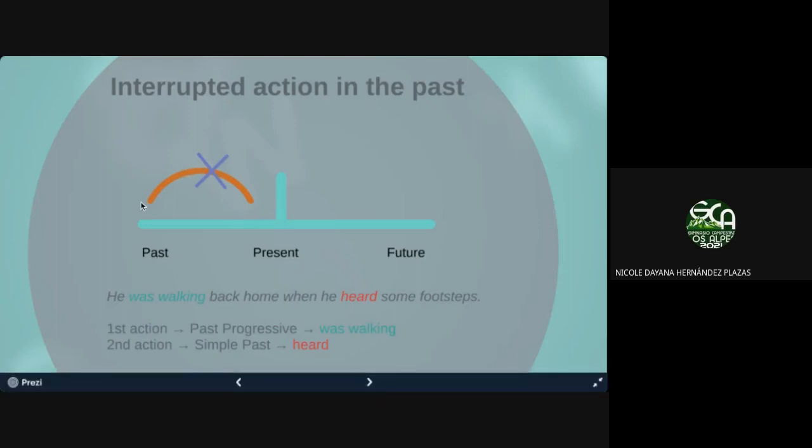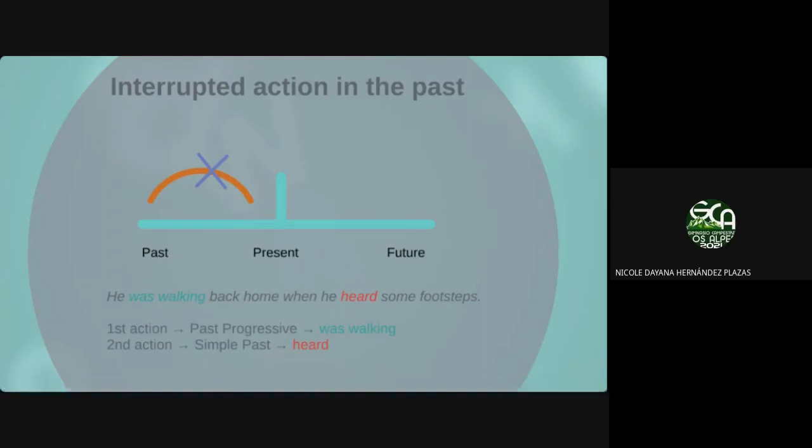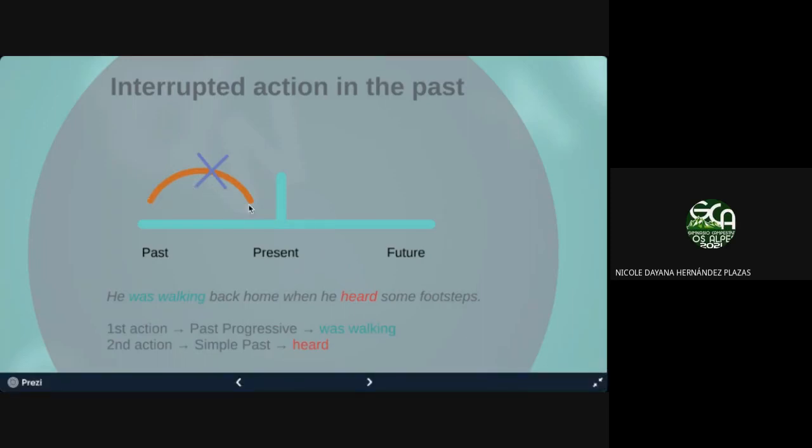Because taking into account what I explained in the previous slide, what's the longer action? Simple or continuous? What did I say? Continuous, Danny. Perfect. So you have this long action that was happening in the past, and then a mini action came and interrupted the action that was happening. Can you see? So boom. The short action that interrupts is in past simple.